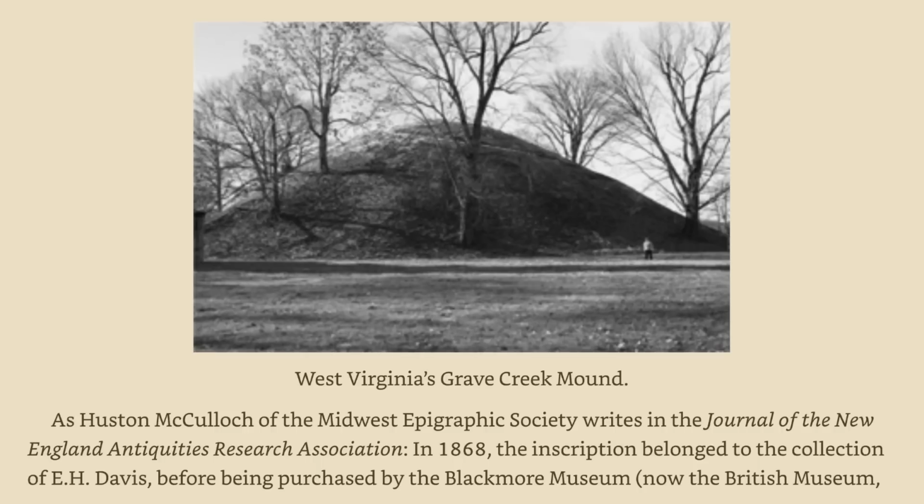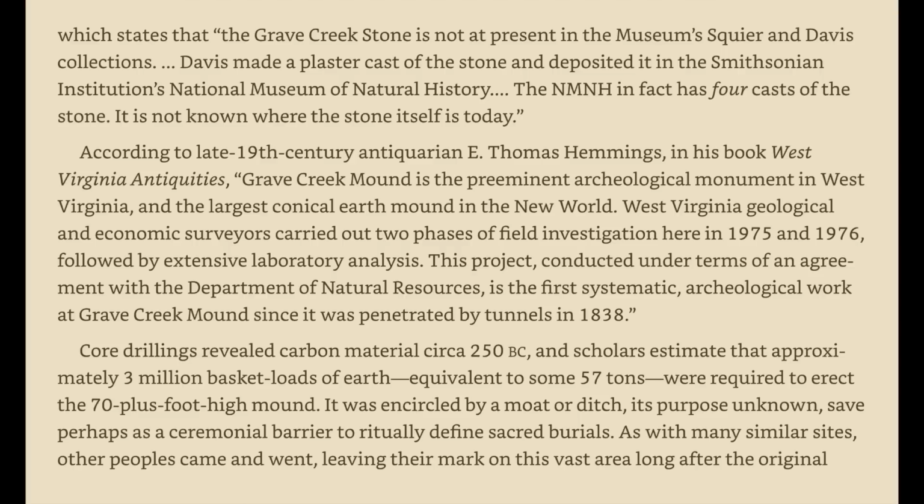As Houston McCulloch of the Midwest Epigraphic Society writes in the Journal of the New England Antiquities Research Association, in 1868 the inscription belonged to the collection of E.H. Davis before being purchased by the Blackmore Museum, now the British Museum, which states that the Grave Creek stone is not at present in the museum's Squier and Davis collections. Davis made a plaster cast of the stone and deposited it in the Smithsonian Institution's National Museum of Natural History,